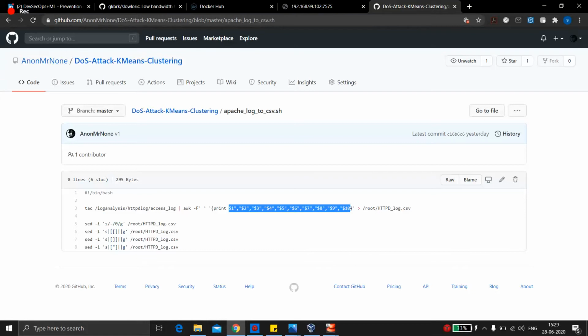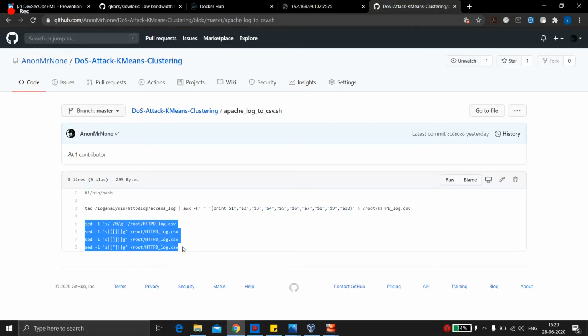Now what we are doing in these 4 commands is, first of all, we are removing this dash and replacing it with 0. It is something like find and replace. With this command, we are removing the open bracket.